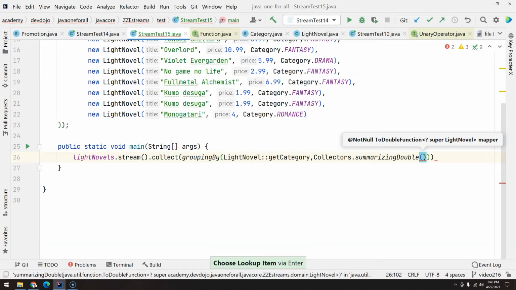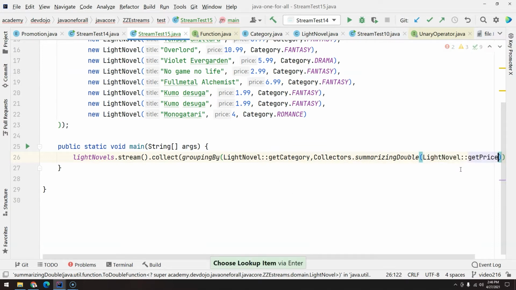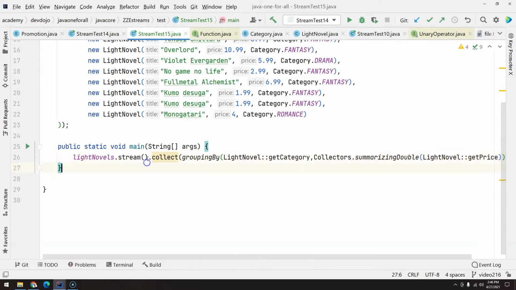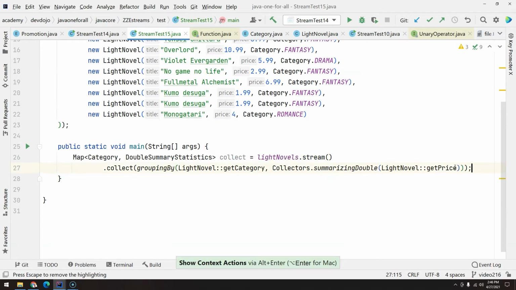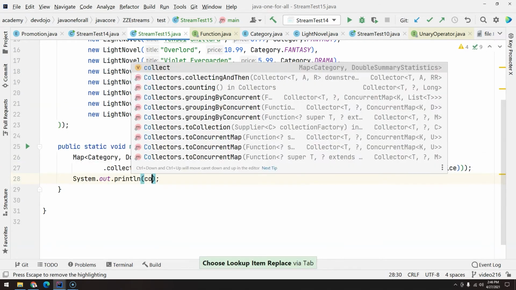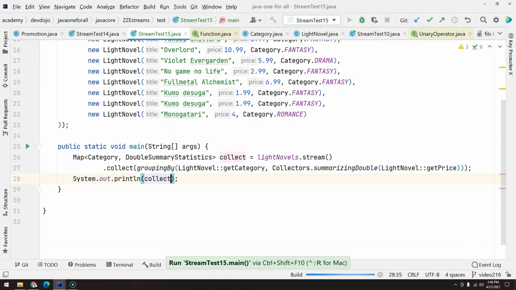And what would you like to use from this stream? I would like the get price, light novel get price. Cool. So let's break line here, Alt enter, and there you go. Now if we print the collect, Control Shift F10,